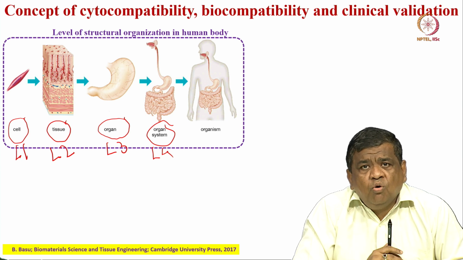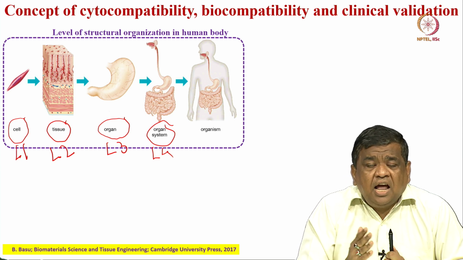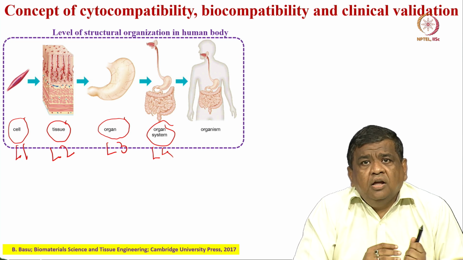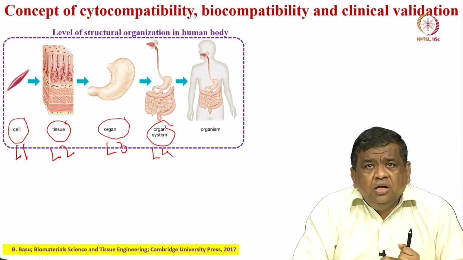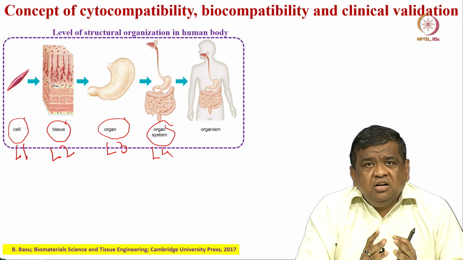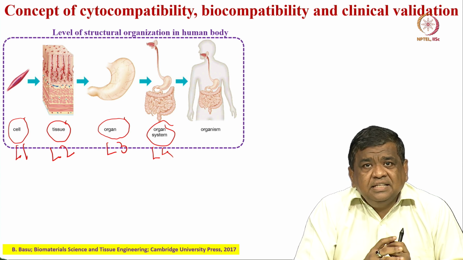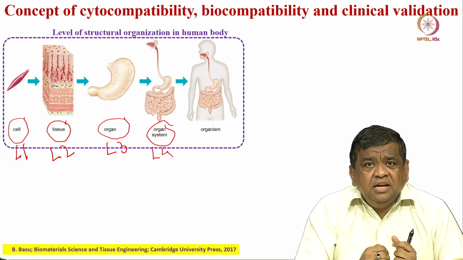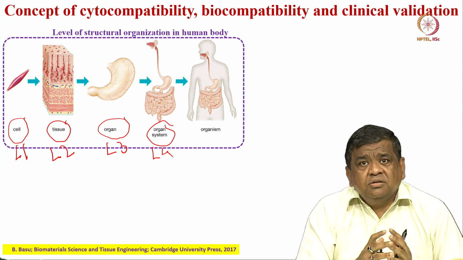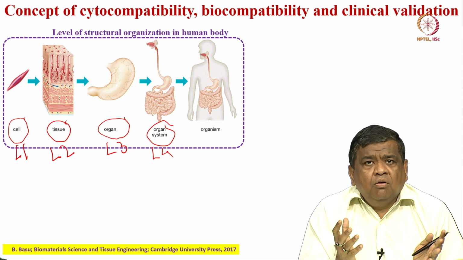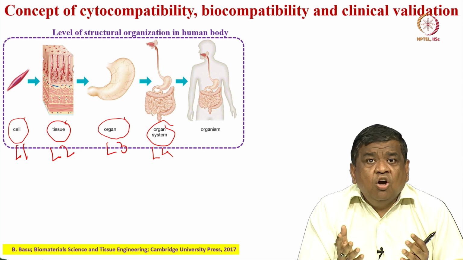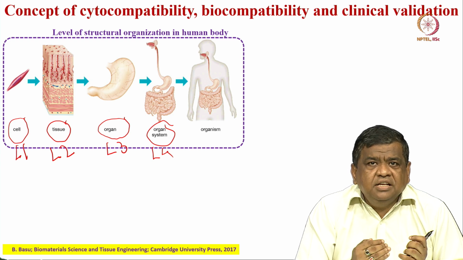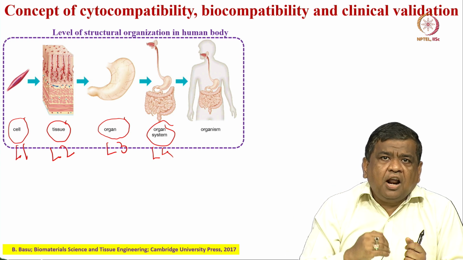So, similarly, if you go to lower order animals, like if you go to pig, if you go to sheep, if you go to dog, if you go to rat or mouse, you see that their different organ size and their functionality can go down in size. That size also goes down because the overall weight of those different animals or overall physiological complexity also will decrease as you go to lower and lower order animals.